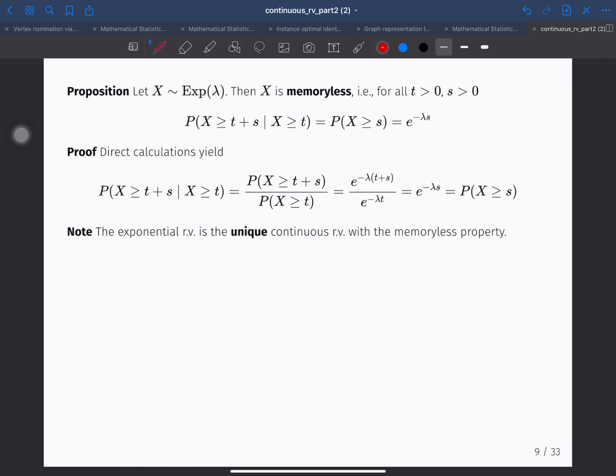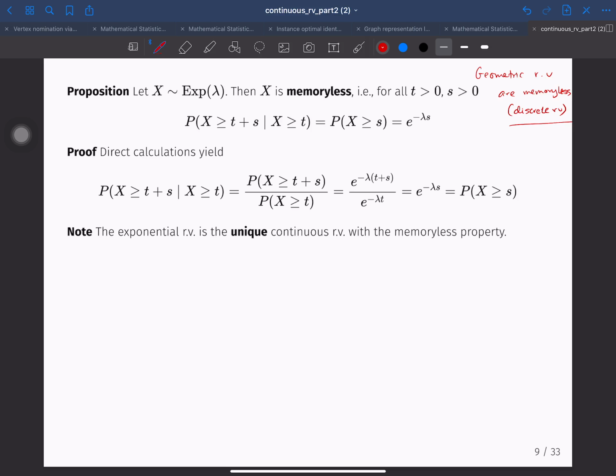So one other nice property of the exponential random variable is that it is memoryless. If you remember from your discrete random variable class, the geometric is also memoryless. So let's write it down. Geometric random variables are memoryless in the discrete case. So the exponential here is memoryless, which is the analog of the geometric, but in this case with a continuous